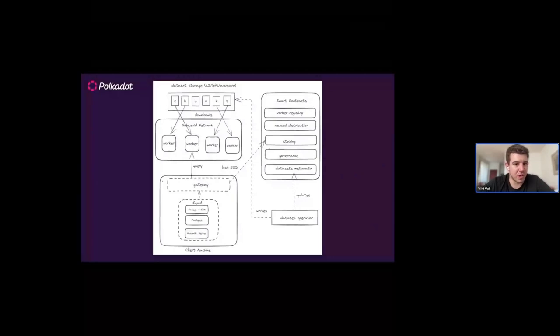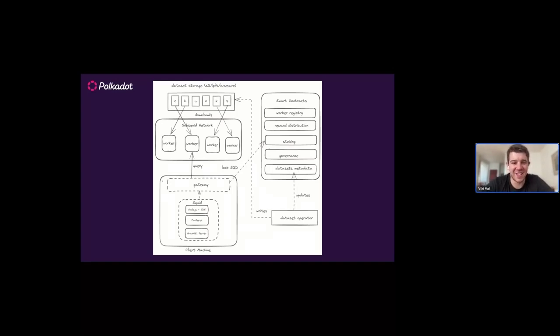To have an overview of how it looks, it's very complex, so I don't want to go deep into that. But you see, you have the Subsquid network, which is a set of workers. You have the gateway, and it basically works by these chunks, so each worker has a chunk. You have a smart contract, which has the worker registry, and you can then fetch the proper chunks via the gateway, and be sure that it works seamlessly. The dataset could be stored anywhere, from S3 to IPFS. You can choose. It's very modular and very flexible. I'm super bullish that the CEO of Subsquid